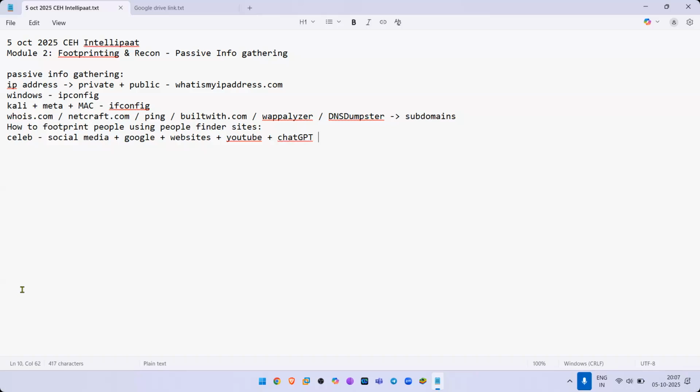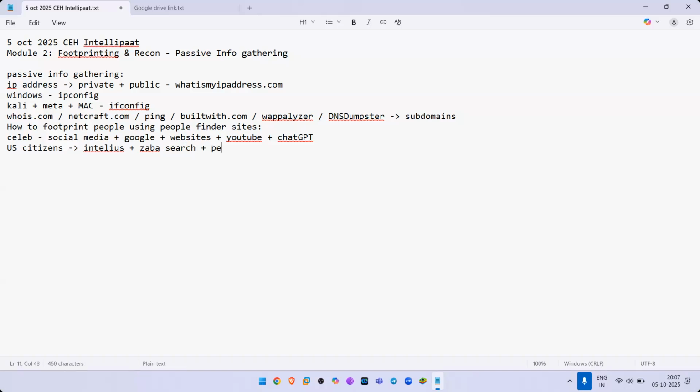Then in yesterday's class, we learned how to footprint US citizens, and US citizens can be footprinted by using, again, people finder tools like Intelius. We have lots of searches like Zabasearch and so many other websites. So there are n number of websites.